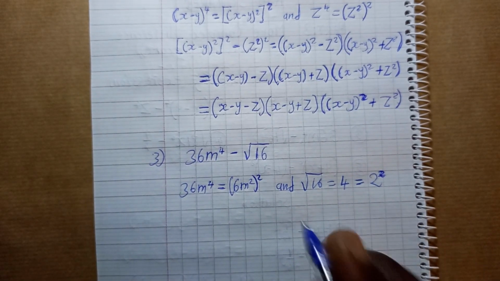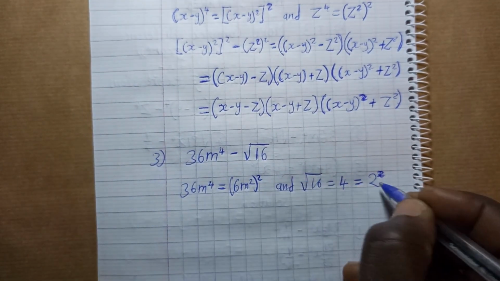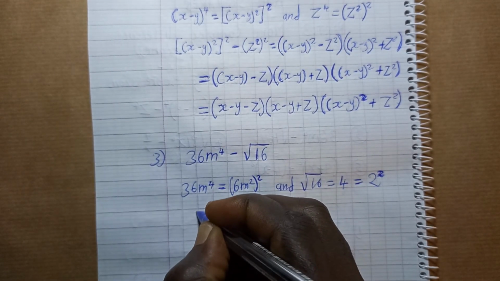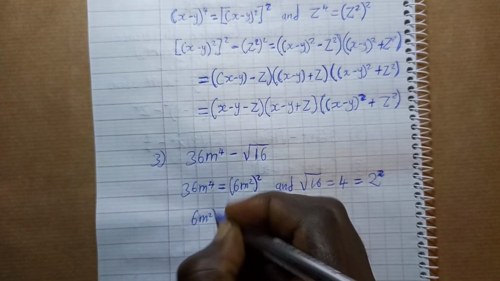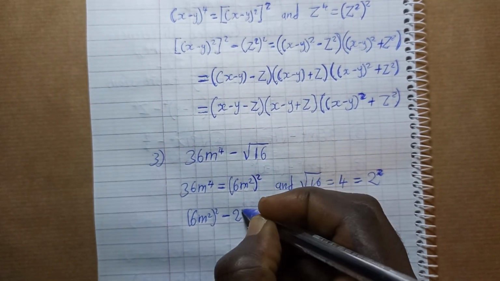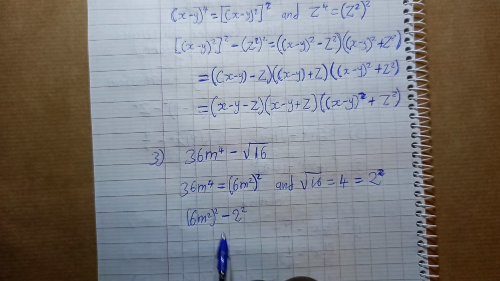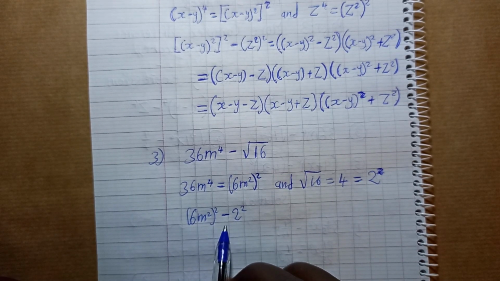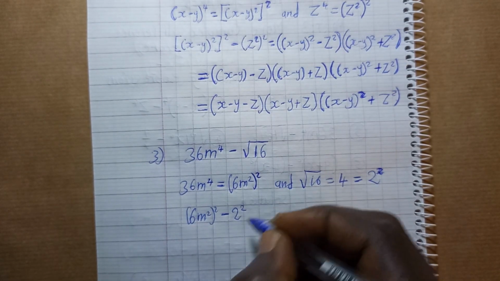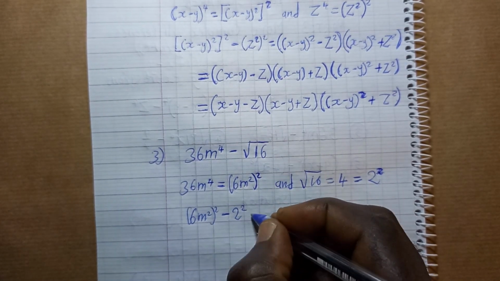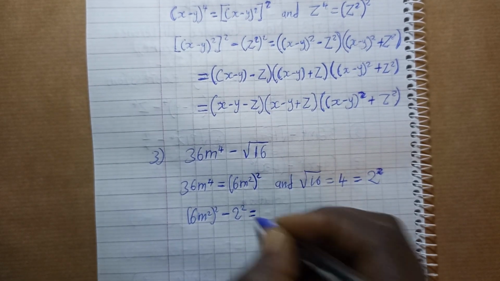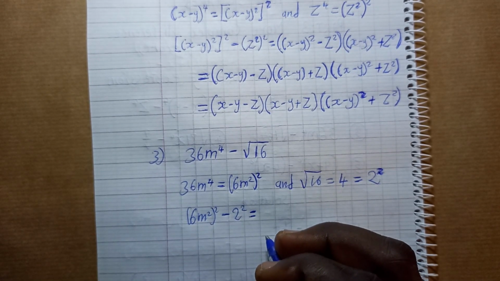So the next step here now is, let me arrange this according to this form. So I have 6m square in bracket minus 2 raised to power 2. So it is now expressed as a difference of two squares. Now applying the formula of difference of two squares,